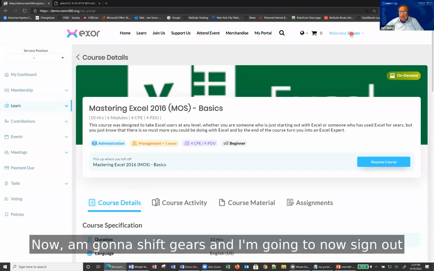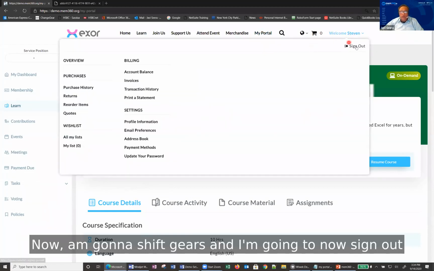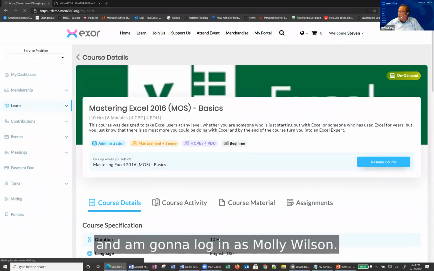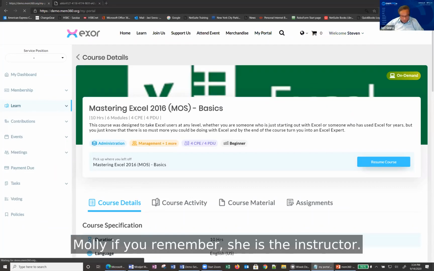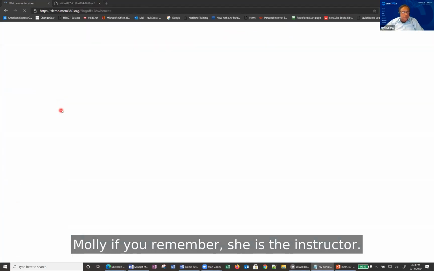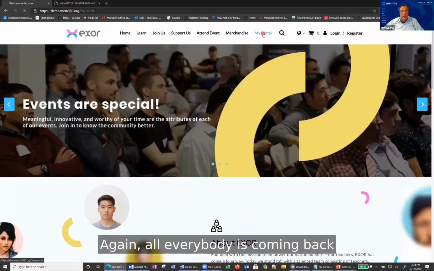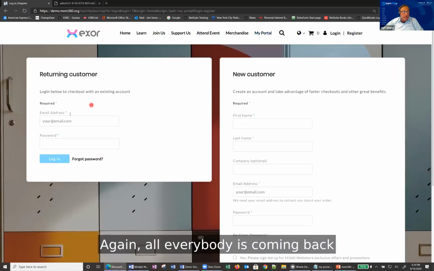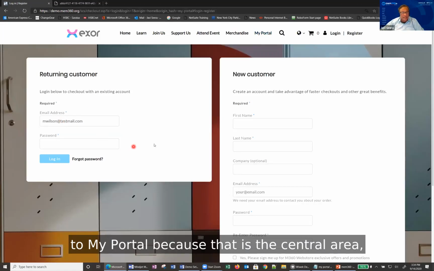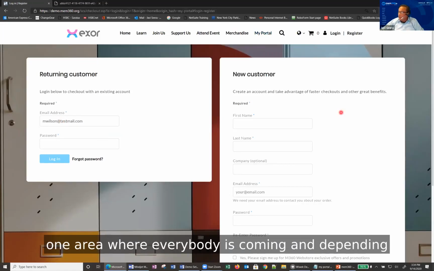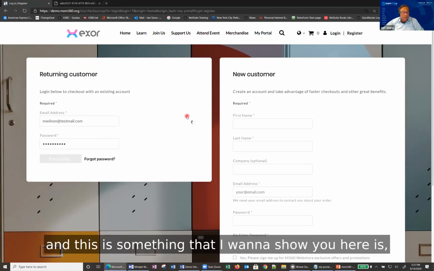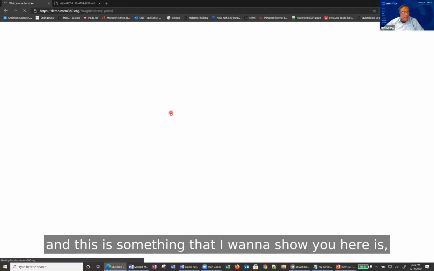Now, I'm going to shift gears and sign out, and log in as Molly Wilson. Molly, if you remember, is the instructor. So I'm going to show you what her experience is going to be like. Again, everybody comes back to My Portal because that is the central area, the one area where everybody is coming, and depending on what your role is, and this is something that I want to show you here,